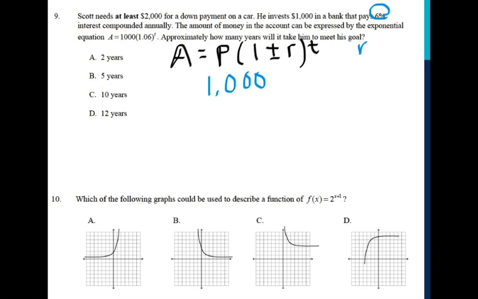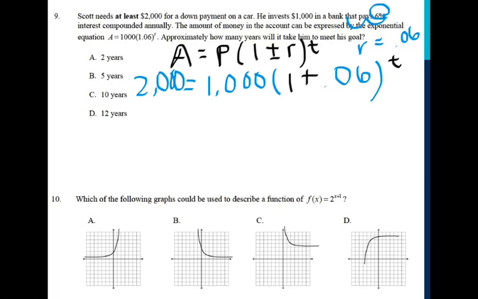So his rate is not 6%, it's 0.06, because I moved that decimal point over twice. So $1,000 times 1 plus, because the account is growing, 0.06 to the t power. I want to know how many years until it equals